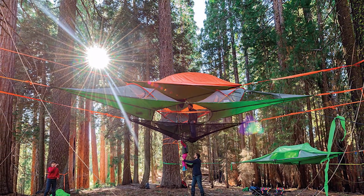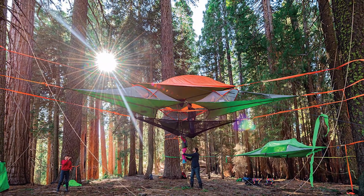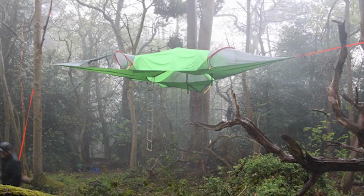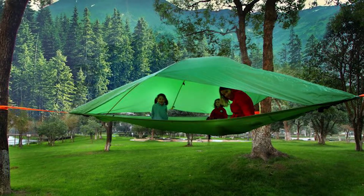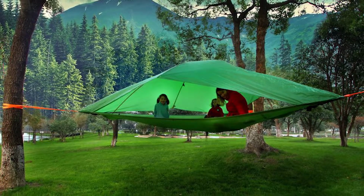So, Project Treehouse decided to try and change that by making a tent that is made of 100% cork. Believe it or not, cork is known for its thermal insulation properties, which means that it'll keep people warm inside a tent made of it. Plus, cork is very lightweight, which means carrying around a tent made of it will be quite easy for the